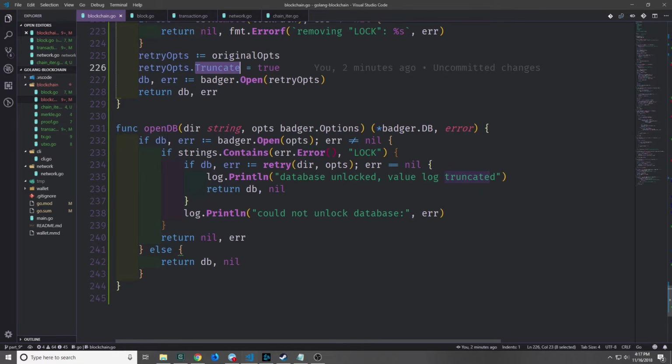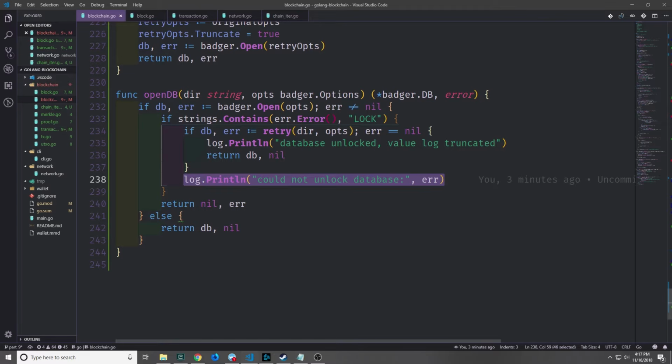We just call Badger open with the options. Then if we get an error, we want to check to see if the lock file exists. And then if the lock file exists, we call our retry function. Otherwise, we just print out that we couldn't unlock the database. And then if all of this works out and we don't get back an error, we just return the database